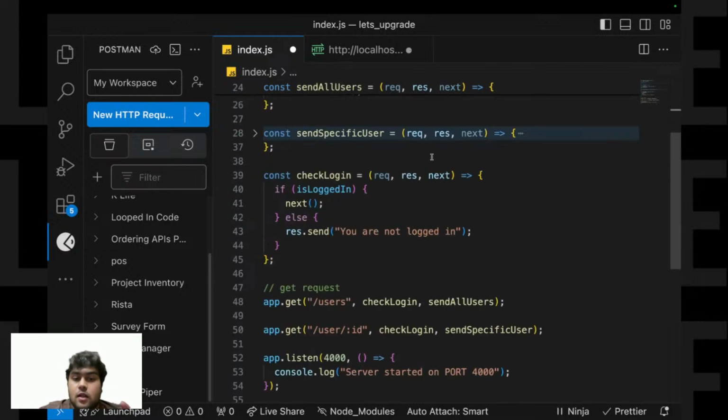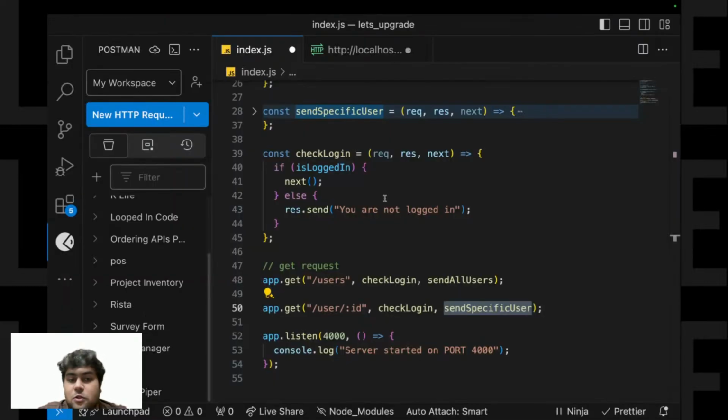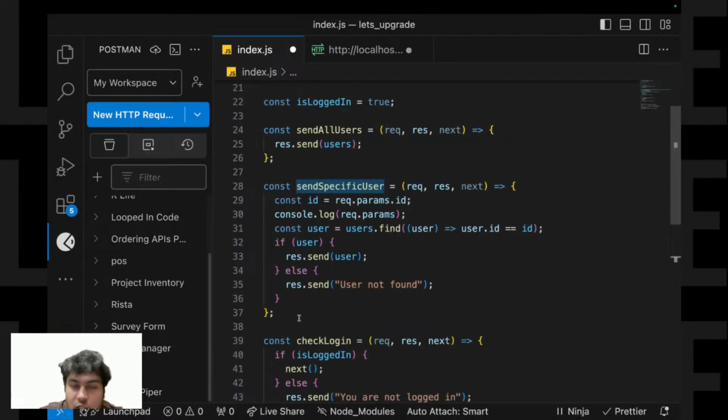It will encounter the next function, and as soon as it encounters next, it will go from check login to send specific user, and run that function, and hence I'll get the data, which is this. So this is the concept of middleware.